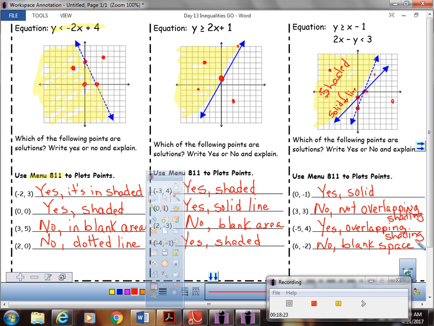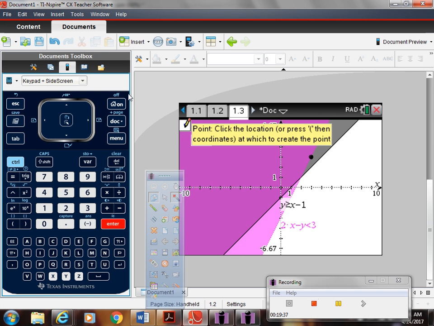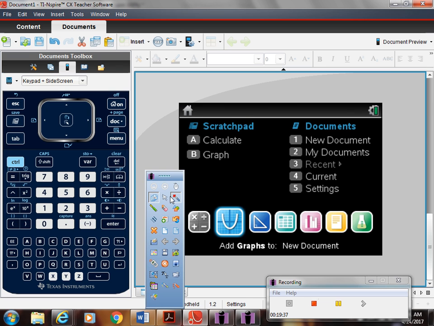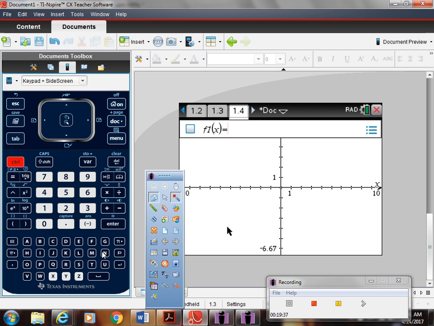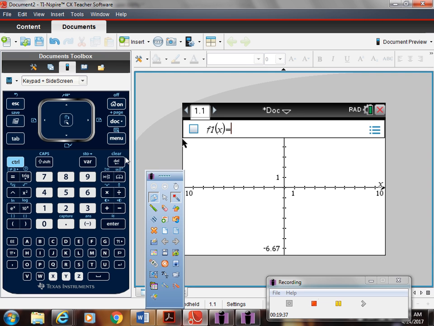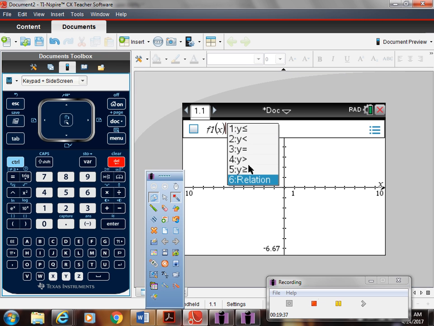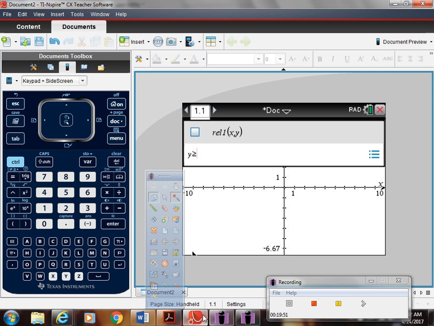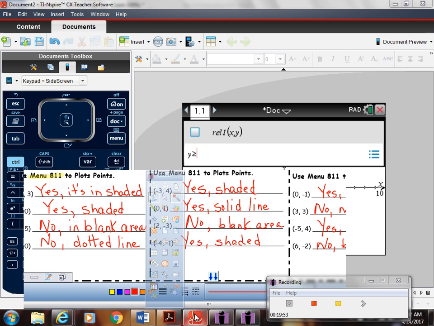So just remember overlapping. Now the best thing to do with those is clear your calculator out, because when it shades, it'll do red and blue, and red and blue make purple, so it'll always be in the purple part. In other words, if I would have done Control N, and I would have inputted them again, watch this. I think this is the best thing to do with these, is you type it in. First one was what? Greater than or equal to, what, x minus 1?